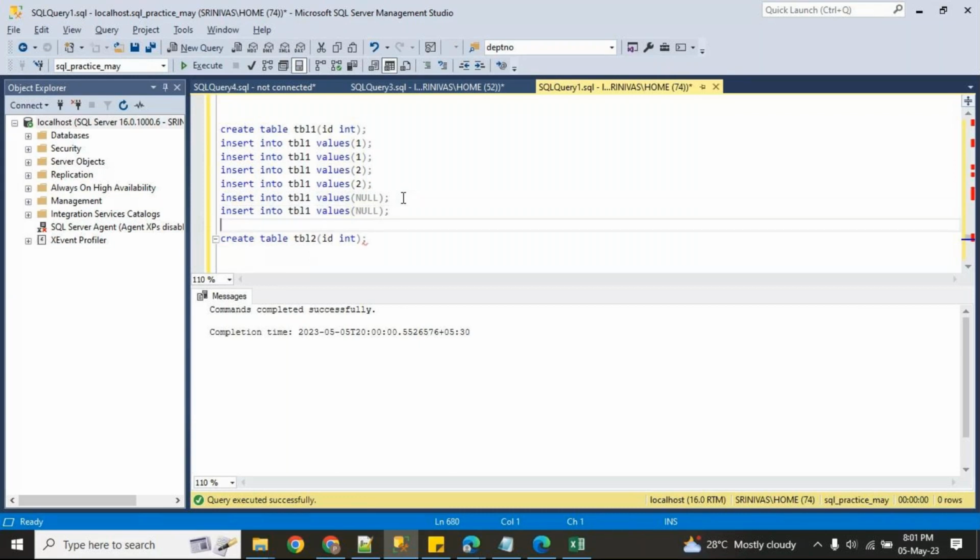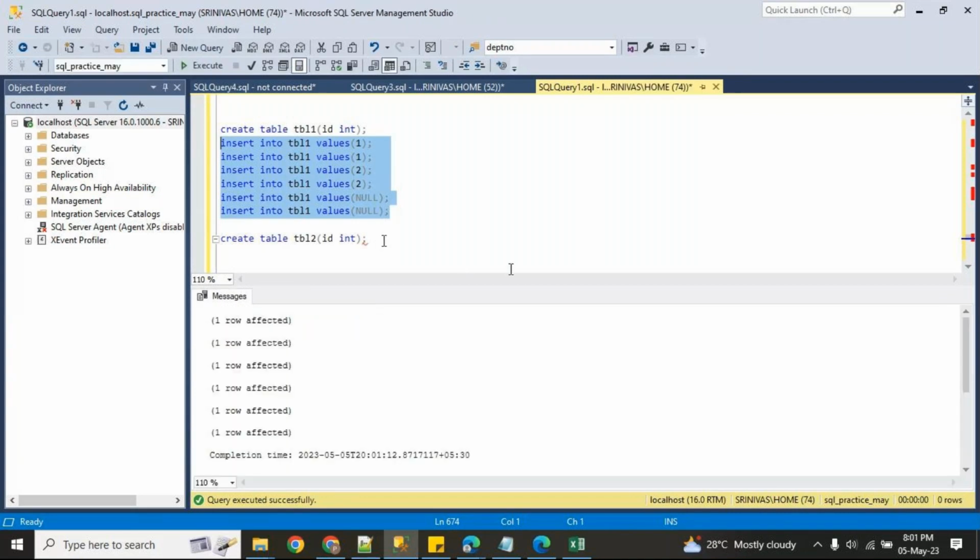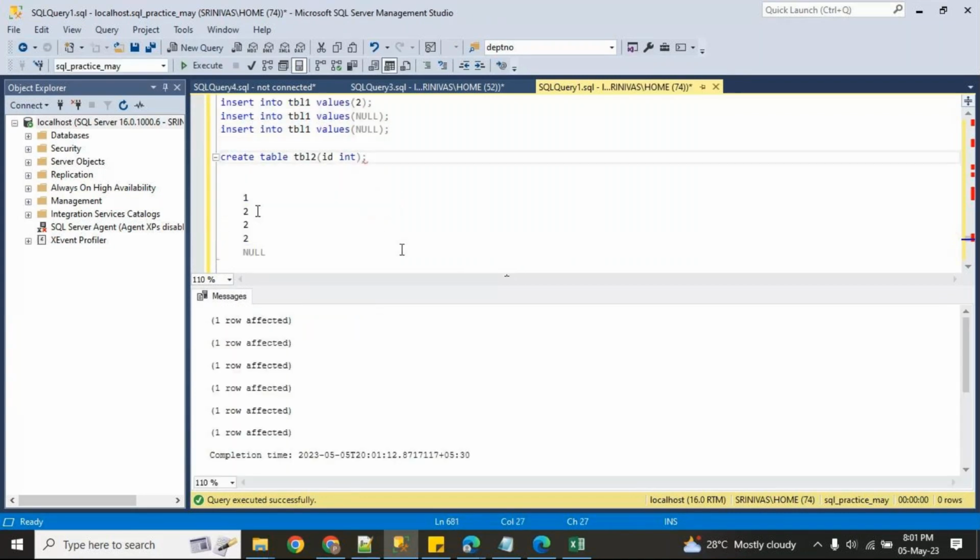I inserted data into this one. Similarly, I am inserting data here.